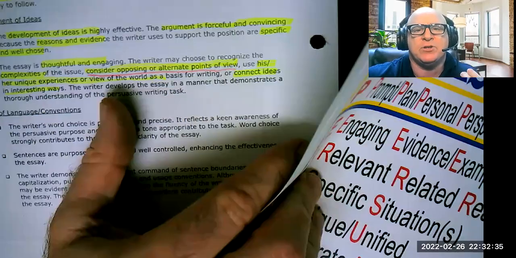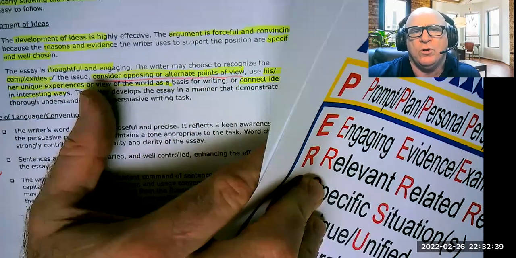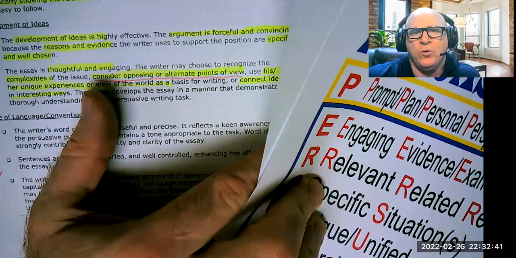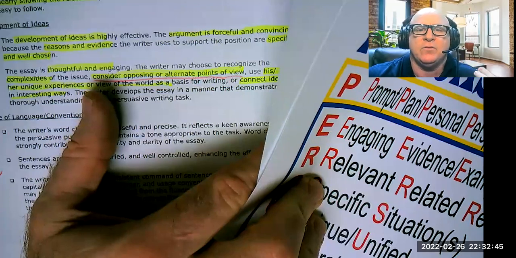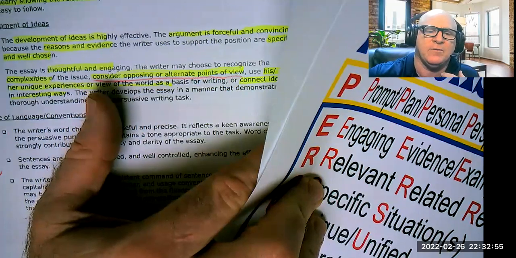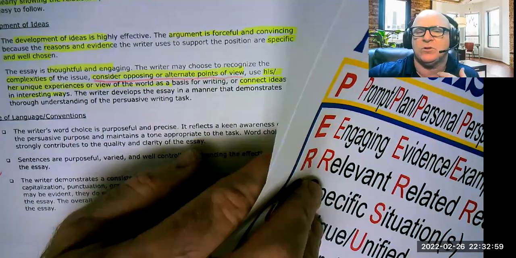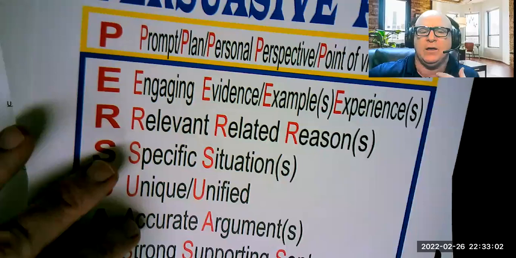That's permission to use a personal example of your own or of somebody that you know, a relative, a current event, somebody in the movies or in a book. I'll get into the brainstorming part in another video, just trying to show you how to use the student rubric and the adult rubric and my little